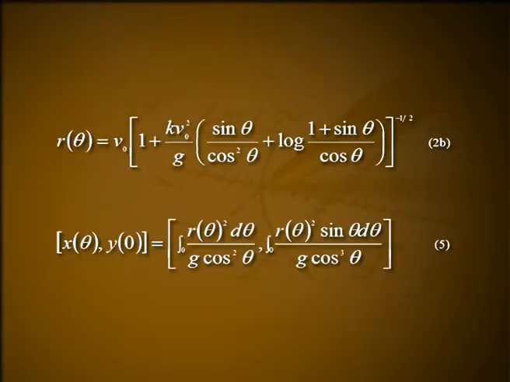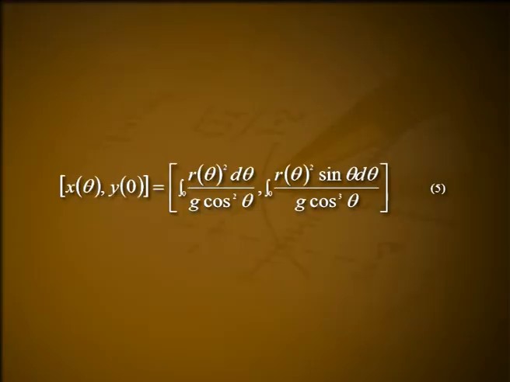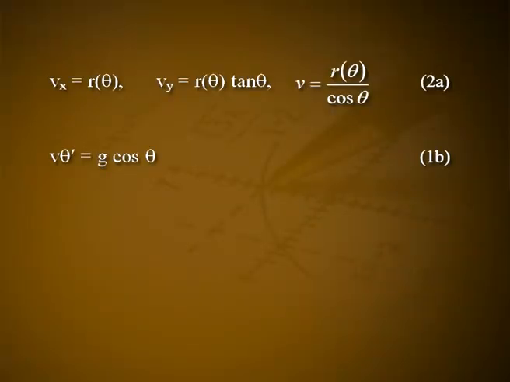Since r theta is given by equation 2b, the integration in 5 can be carried out numerically. An alternative approach is to solve the original differential equations directly by numerical methods. This is more sensitive to numerical errors because the original equations are linked second order equations, while equation 5 simply involves two disjoint integrals. We can supplement equation 5 by obtaining time information using equation 2a to eliminate v in